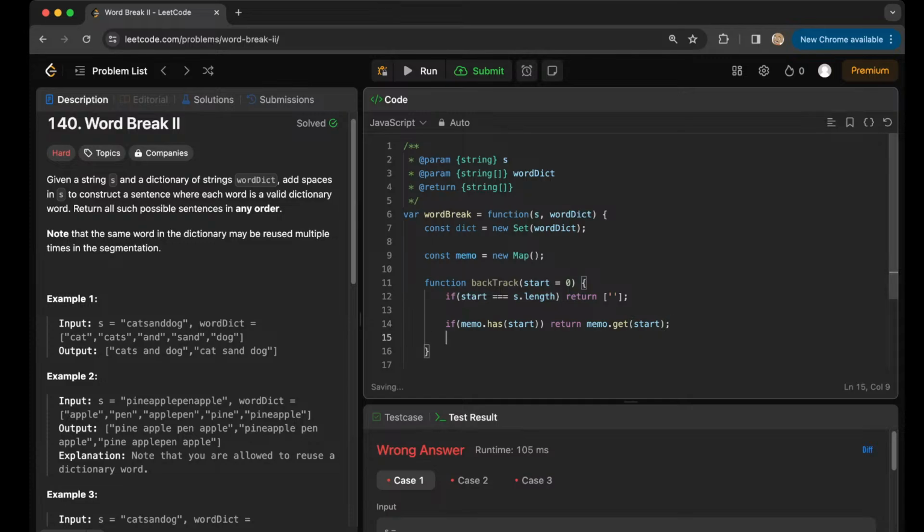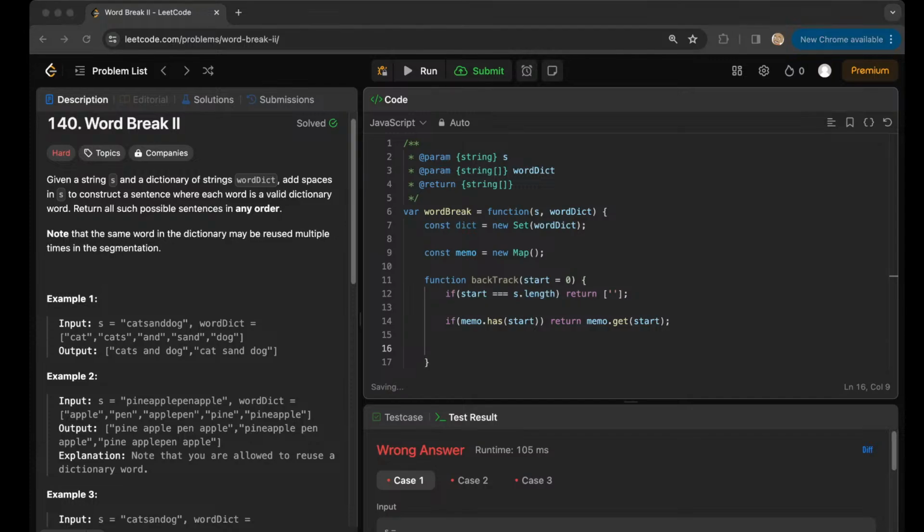And then the next thing is I'm going to initialize an array to store all possible sentences starting from start. So this is going to be my array here. Okay. And so now,